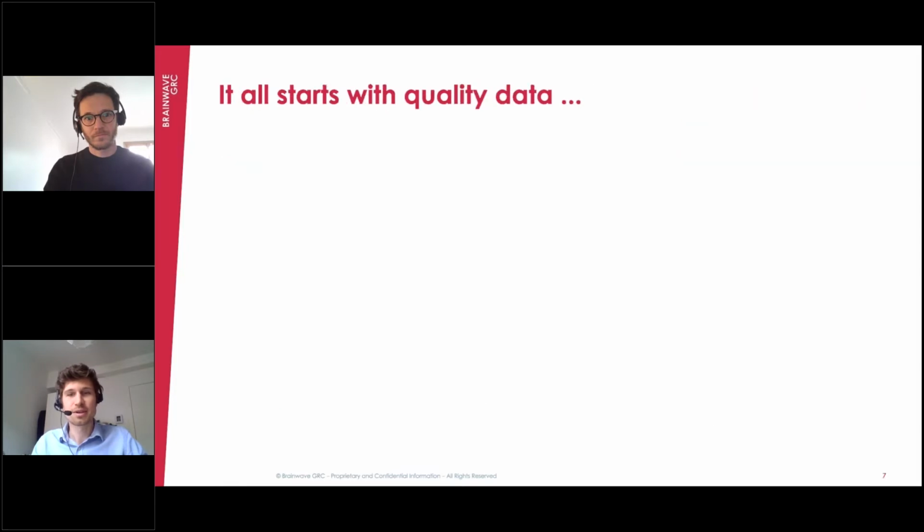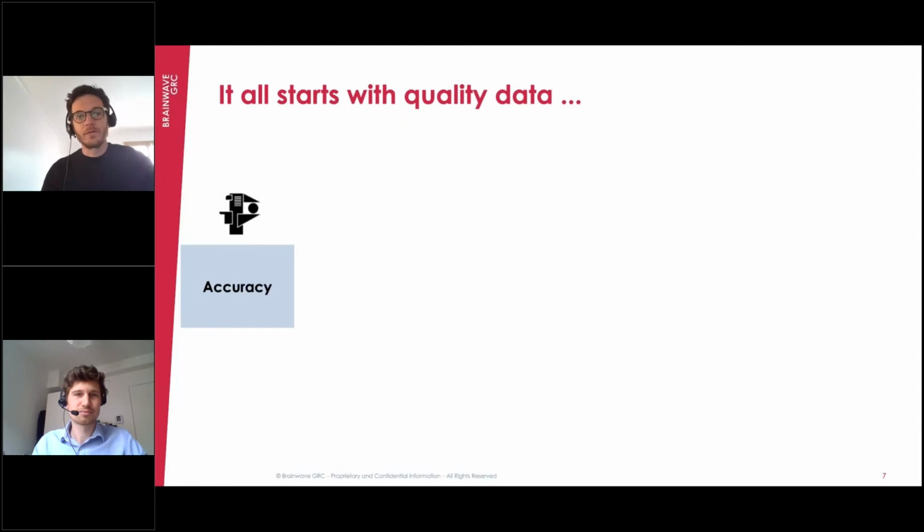And if we go back to the basics, this is something that Nicolas can elaborate on. Yeah, of course, like you just mentioned, data quality is the base. How can you make a good decision if it's based on poor data quality? So let's try to define what is good quality data. Good quality data has to be accurate, of course. It has to reflect reality. If the data doesn't reflect reality, of course, your decision is not going to be a good decision.